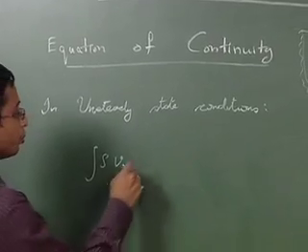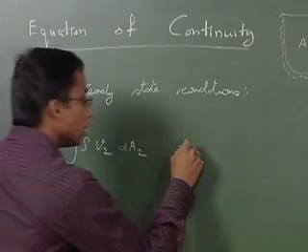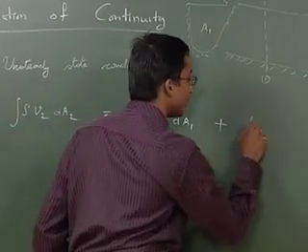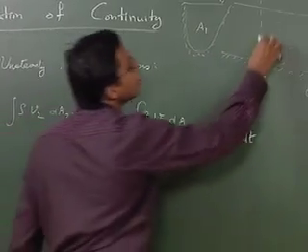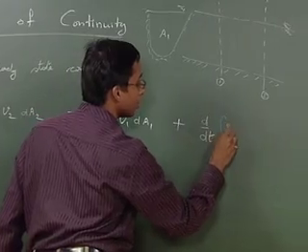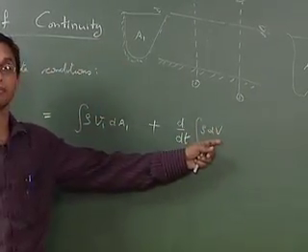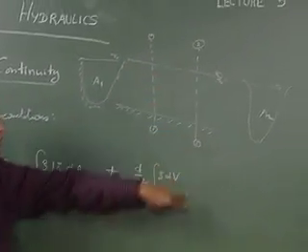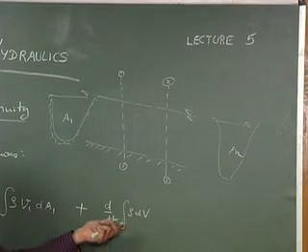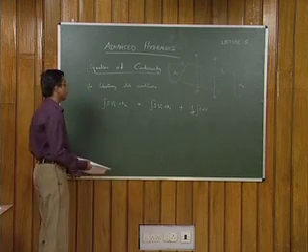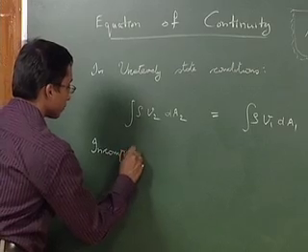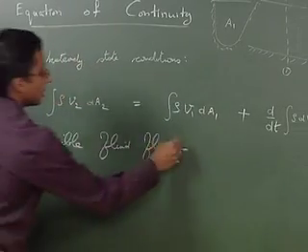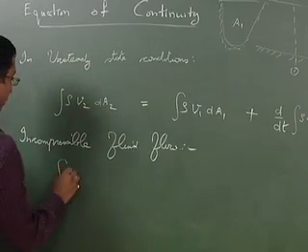You can give it as rho V2 dA2. This is equal to rho V1 dA1 plus the rate of change of stored water between the two sections. So, I can write it like this: density into volume will give you the mass of water between these two sections. So, the volume enclosed between sections 1 and 2, that is what is implied by here. So, the rate of the change in the mass of water, as we are dealing with incompressible fluid flow in open channels, you can easily write this as